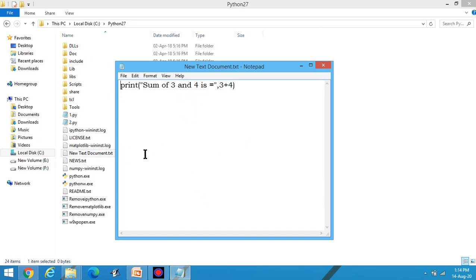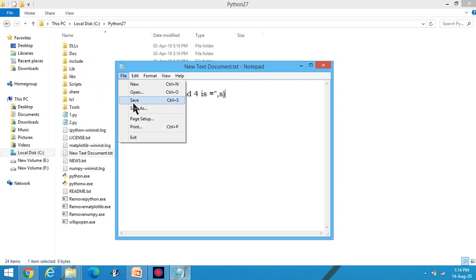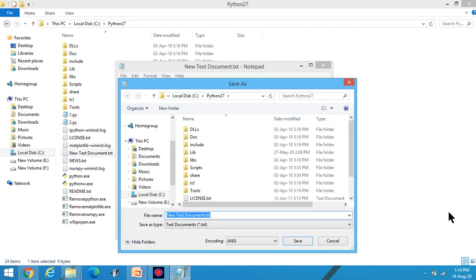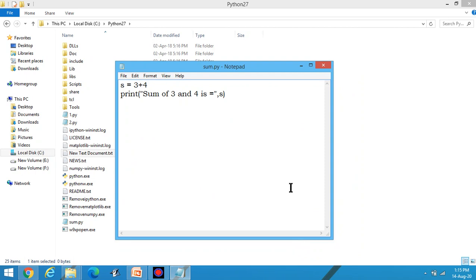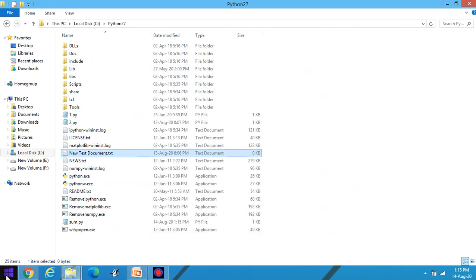Or you can write s is equal to 3 plus 4, and here I can write s, like this. Now save. You have to save the program. Suppose I write sum.py. Then click on save. Then close. Now how to run this program?